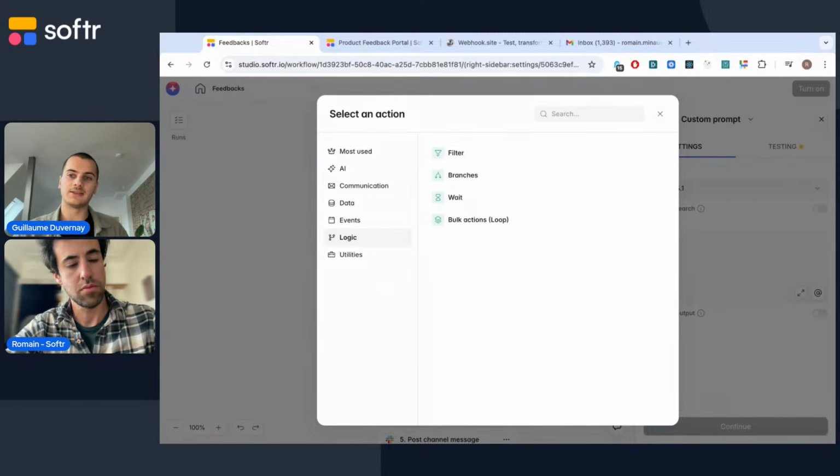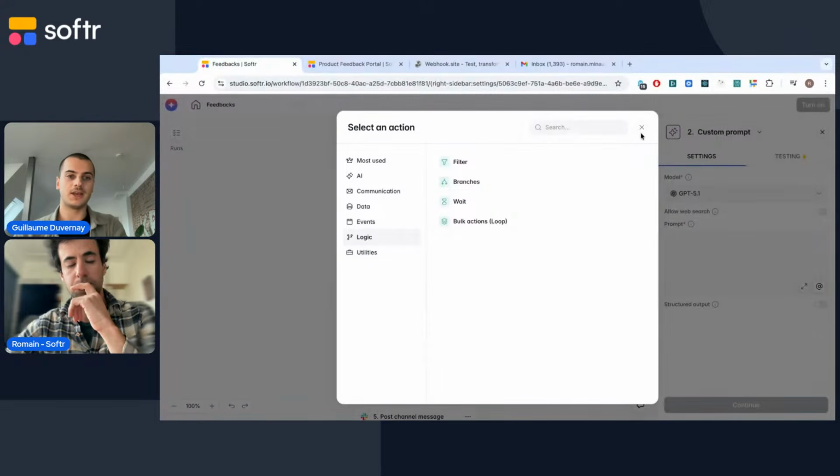So after 5 days, if they have provided their information, and then you have branches. If not, then we send them that follow-up email, and if yes, we stop here. So that's super convenient to build.